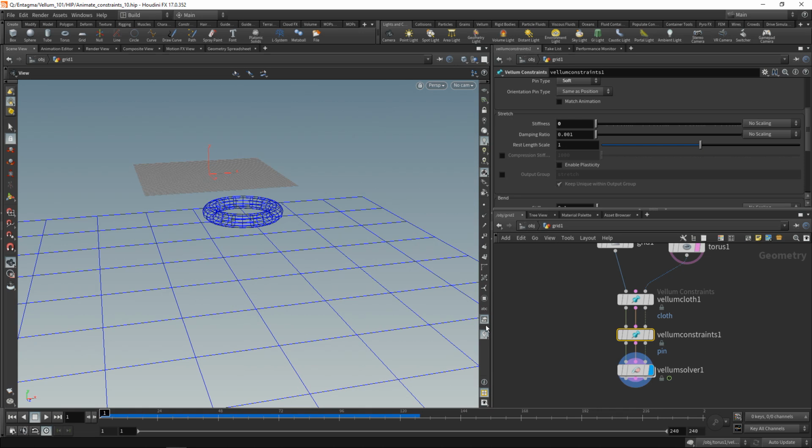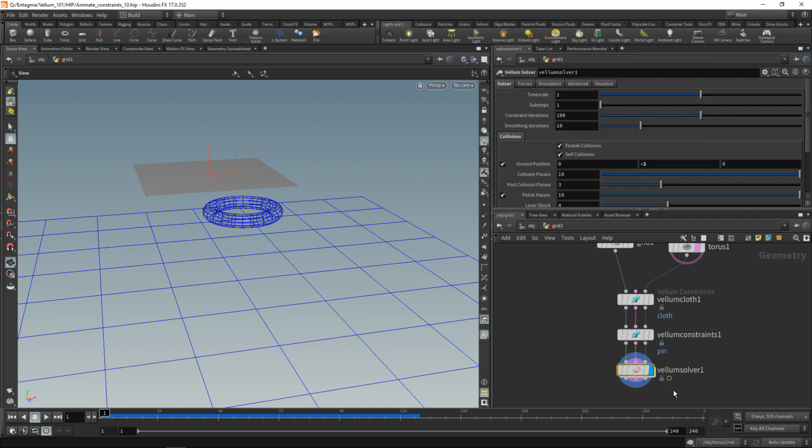So I could be tempted now to just animate this here, and let's try it. Go to frame 23, set a keyframe here, one frame further, set this one to 0, keyframe it, reset the simulation, hit play. And nothing is happening here, because the Vellum solver is not automatically updating those constraints that are animated outside of the solver network here. So let's reset this, get rid of the keyframes by Control-Shift clicking in here, and instead,